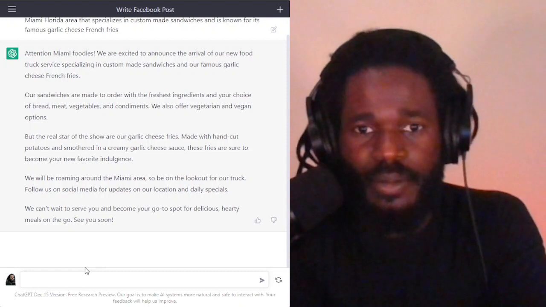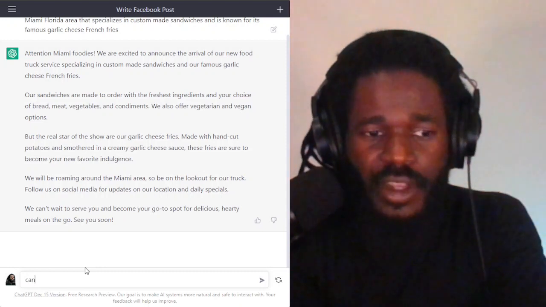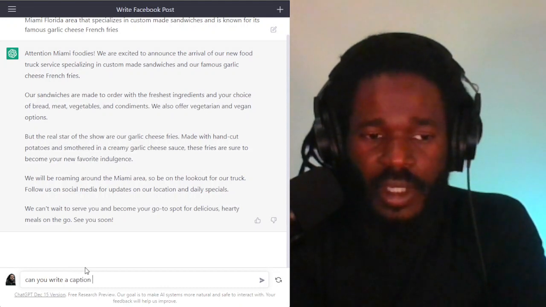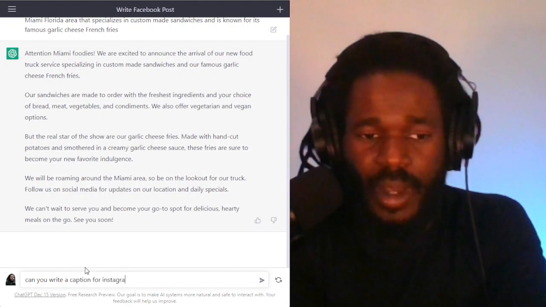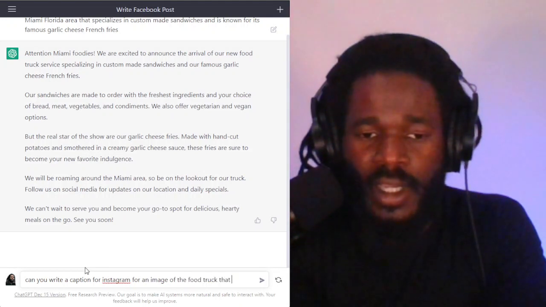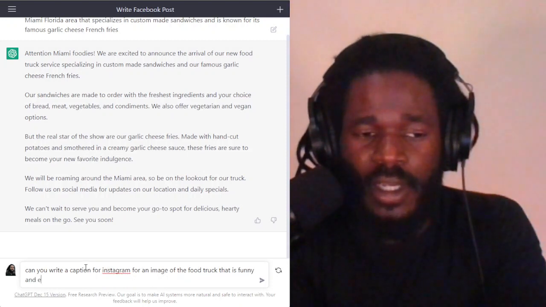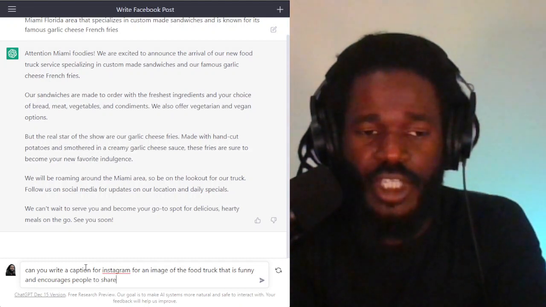You can also go into a little bit more detail. You can say, well, look, can you write a caption for Instagram for an image of the food truck that is funny and encourages people to share.